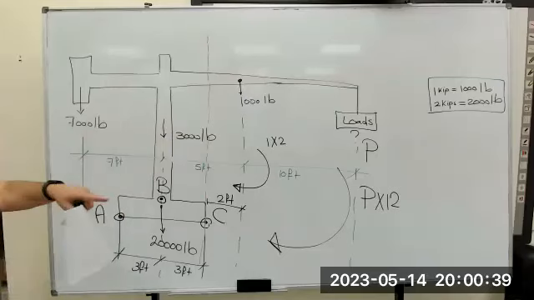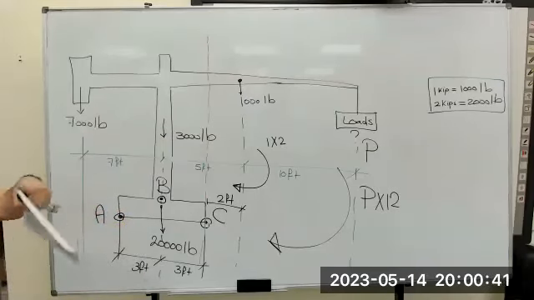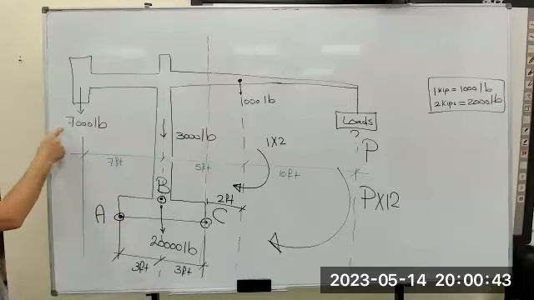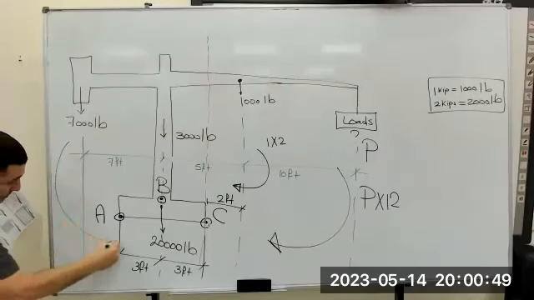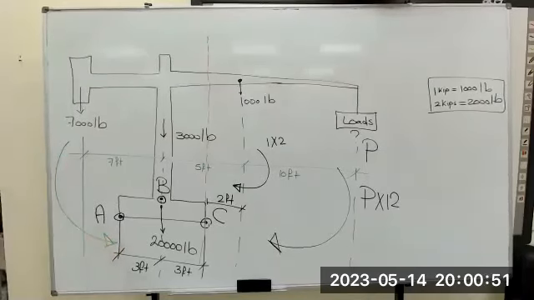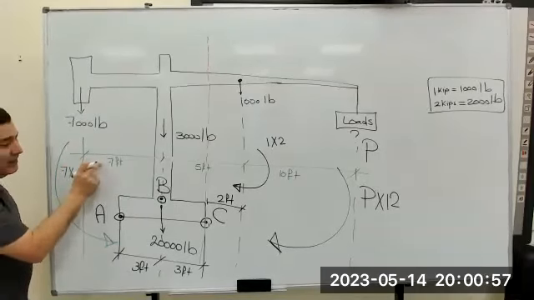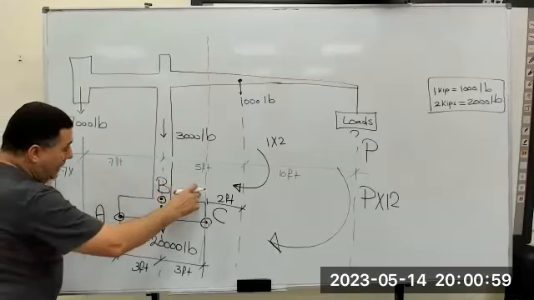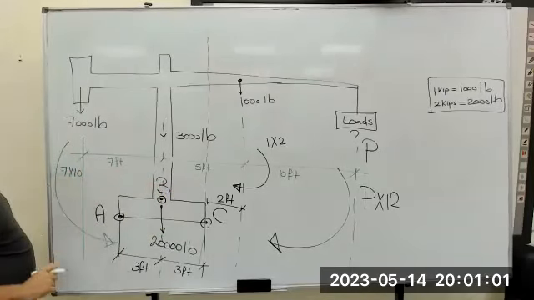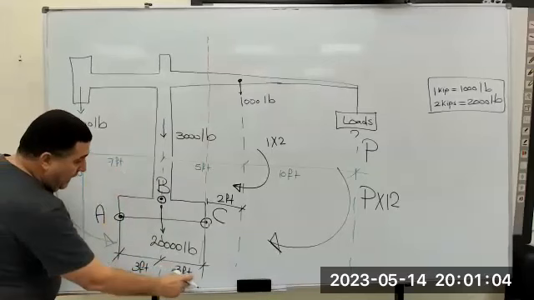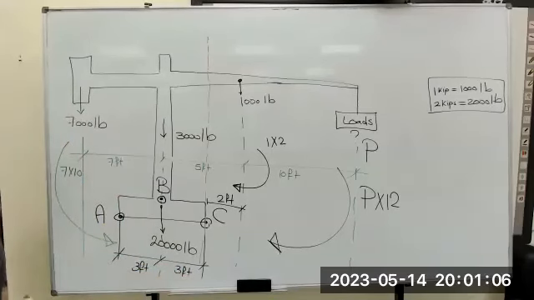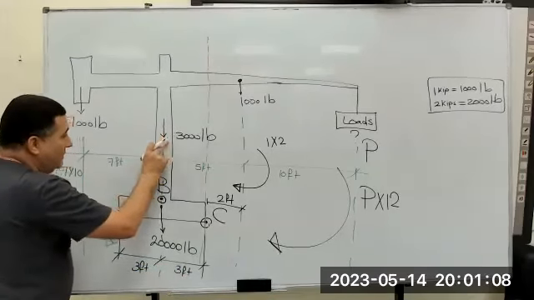We design it equal to balance. Now the 7,000 gives you a moment in this direction. See? Balance. How? 7,000, which is 7 kips, multiplied by 7 plus 3, so multiplied by 10. 7 foot plus 3 is 10. Plus we have 3,000 pound with